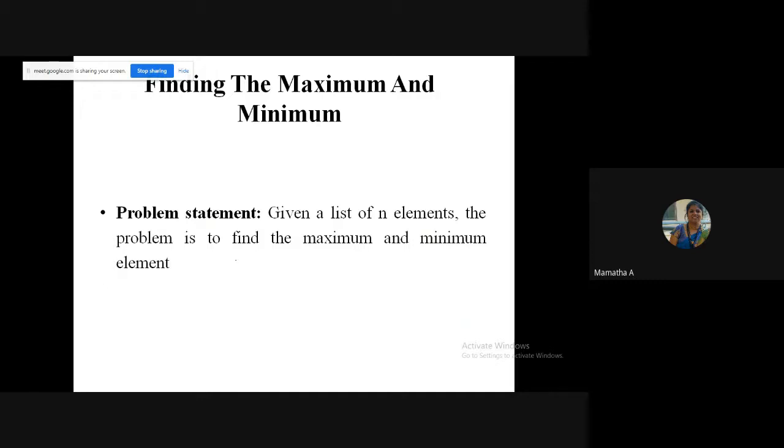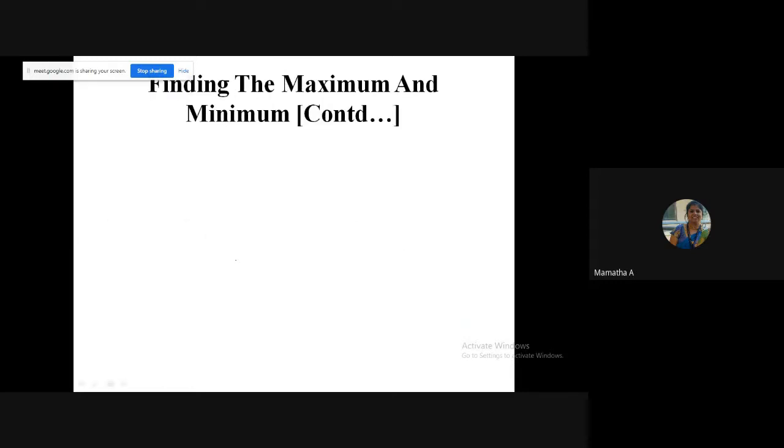Now next, the problem here is to find the maximum and minimum in a given list of n elements. Any idea how do you find maximum and minimum? The maximum element we found, right? Small changes we can do there. What code can be added? The same algorithm which we took for finding maximum, with some code added for finding minimum inside that only. Can anybody guess? Simple straightforward algorithm.